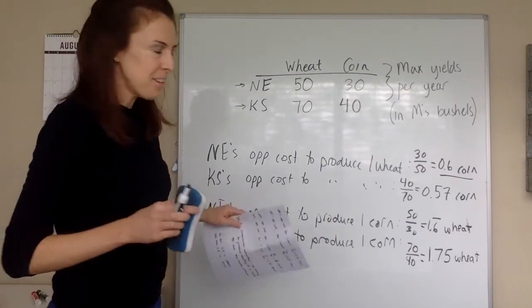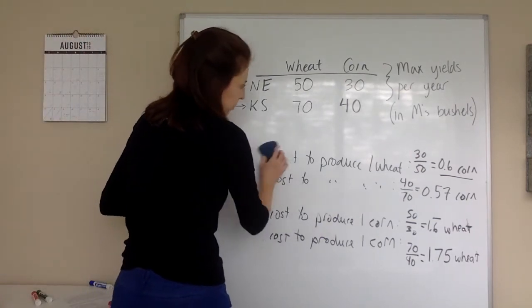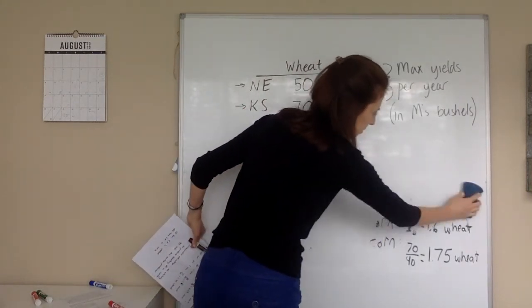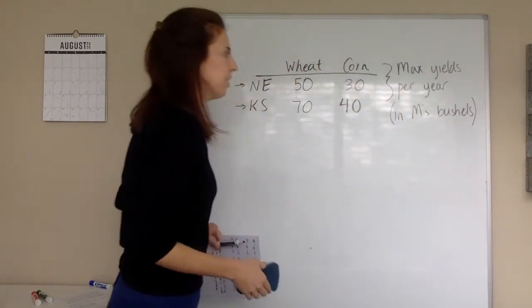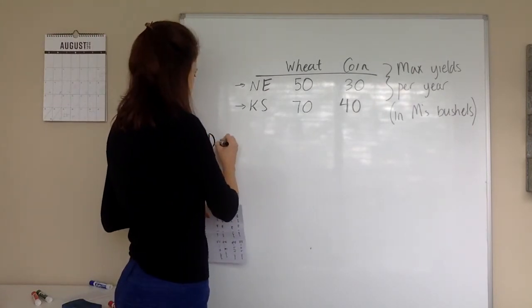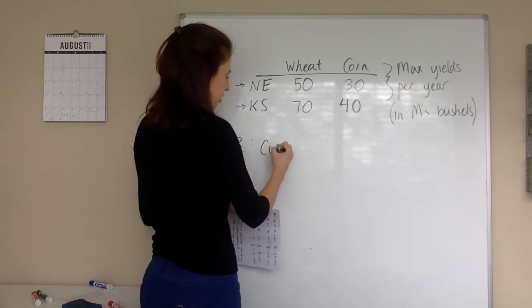Okay, hopefully this is not too hard at all. We're going to get to the last definition, and then I'm going to try to tie this up, and I'll give you some practice examples, and then I'll let you go for the day just so we can get part 1 in more deeply. So last definition, definition 3, is comparative advantage.